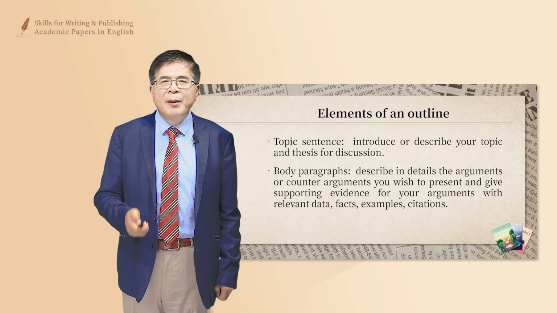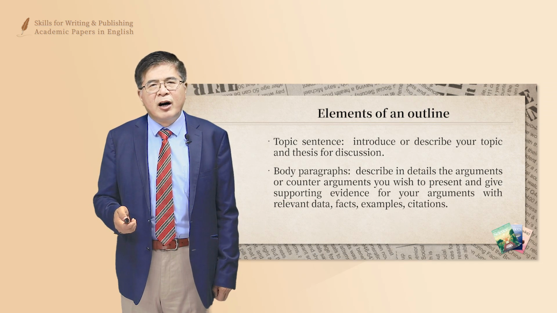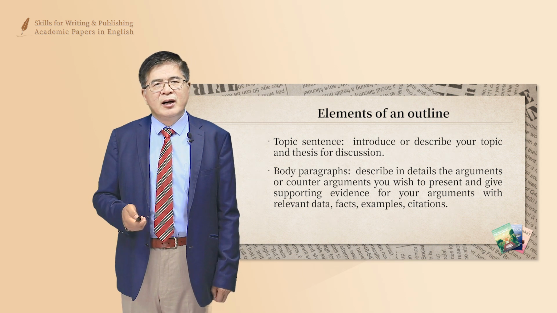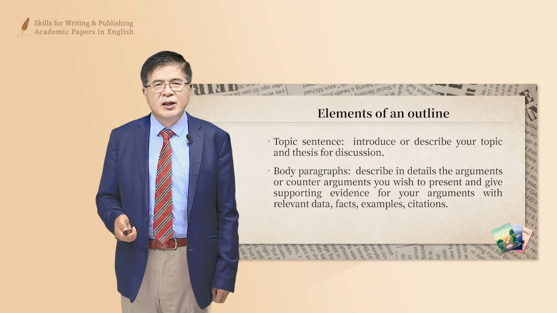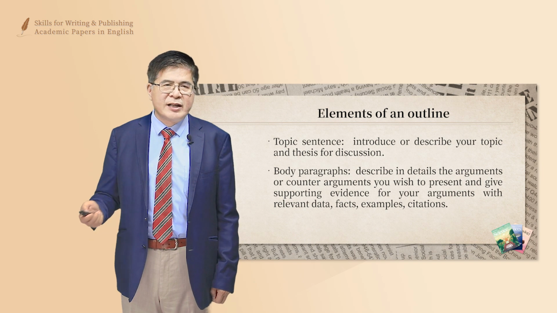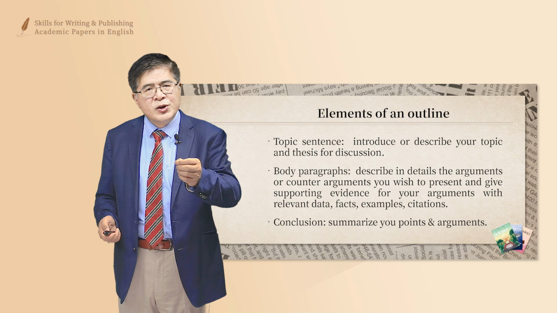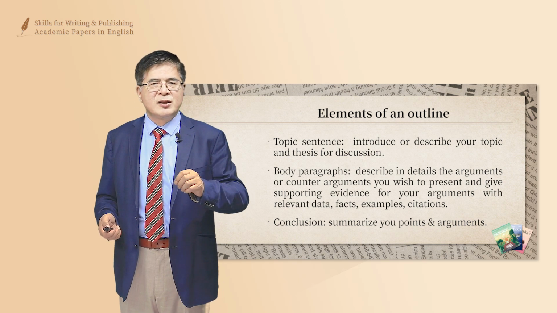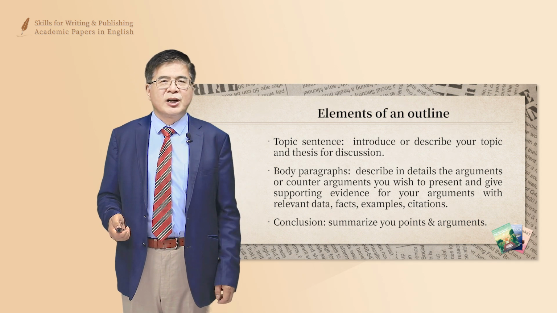That means describing in detail the arguments or counter-arguments you wish to present or establish, and giving supporting evidence for your arguments with the relevant data, facts, examples, citations, etc. And finally, it has a conclusion, meaning summarizing your points, arguments, or whatever you wish to establish for this particular